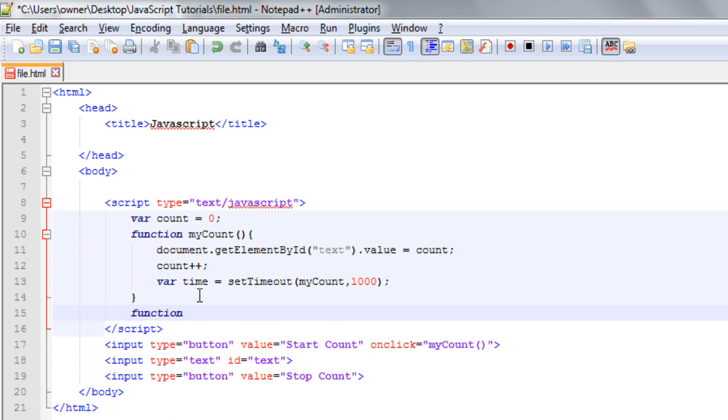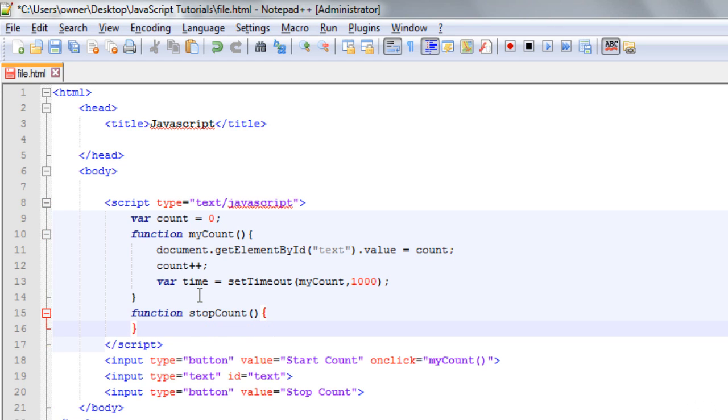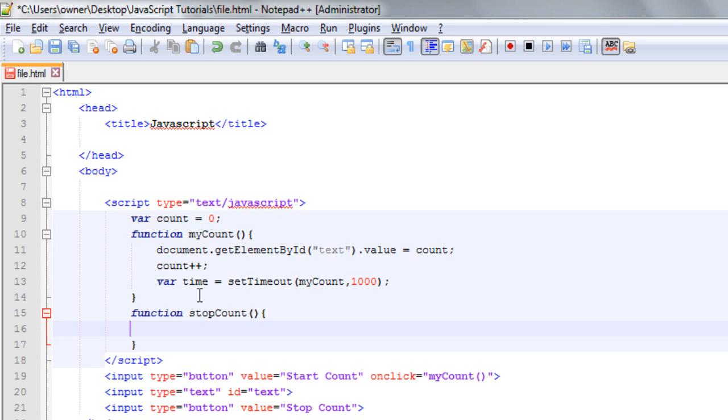This function name should be stopCount. Then in the parentheses of the function we have to write the clearTimeout method, and in this method we have to write the variable name which was used to set the timeout. So here I will write the time variable, and